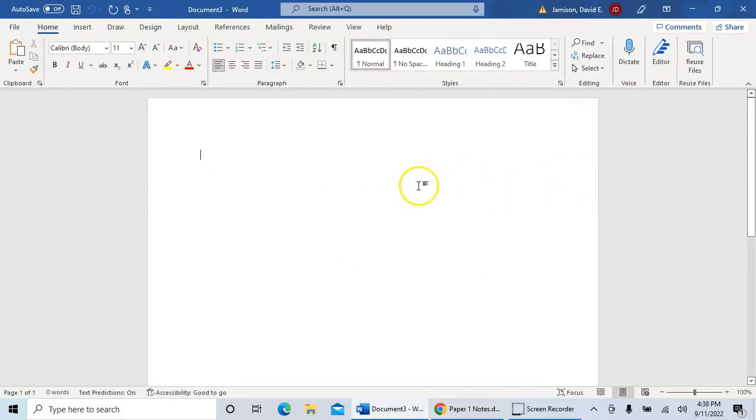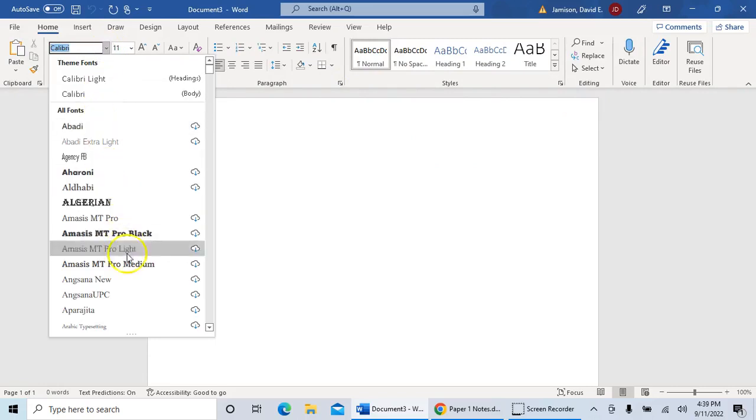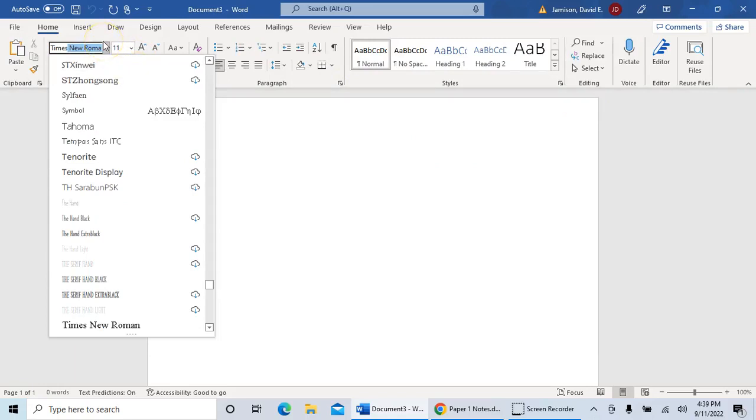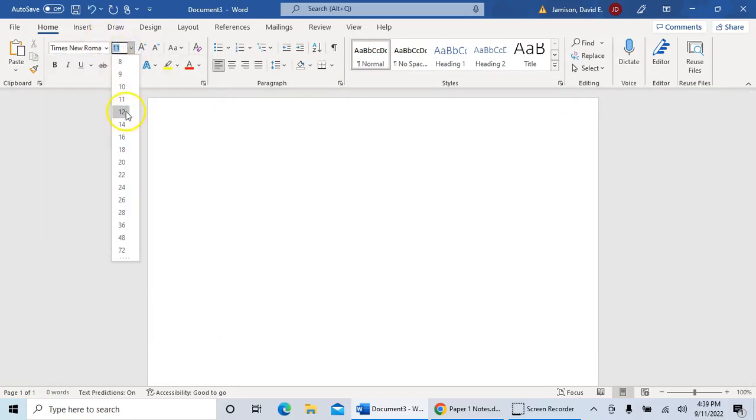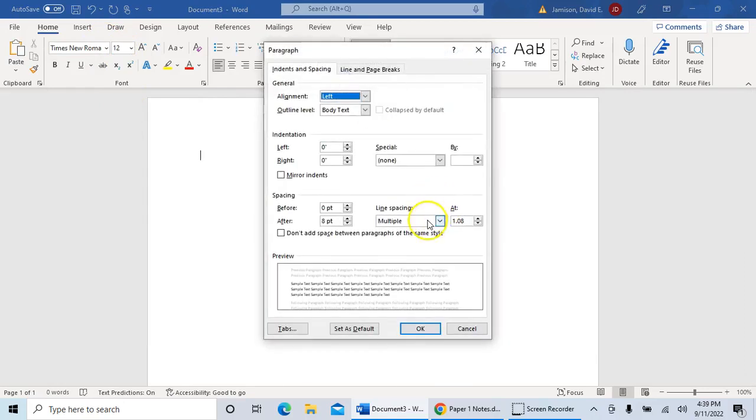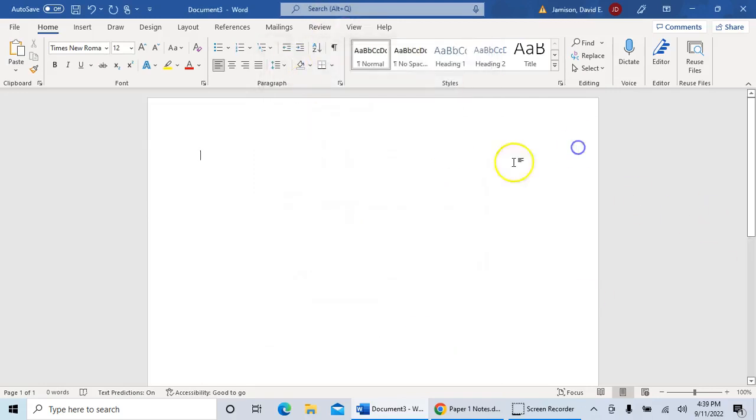The hard way to do it is to change all of these settings yourself in Microsoft Word. First of all, you have to change the font to Times New Roman, 12-point font. Change the paragraph spacing to double spaced, and then this is after a paragraph how much space is going to be there. You want to get rid of all of that so that all of it is uniform. And now every MLA format paper needs to have all of the following parts. First, you're going to have your last name and page number in the top right,